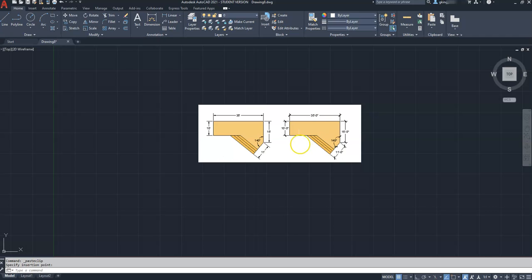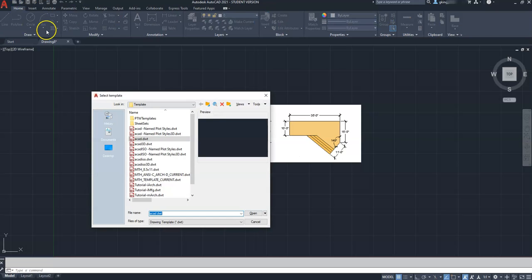So one way to do that is if you go up onto the left-hand side here, you're going to see that we have a new button. And if I click on that new button, it opens up a template option for me. Okay, and if you're not sure of where to start for a template, Autocad.dwt is always a great resource to start with. It's what I'm currently in right now, and it's the